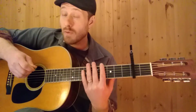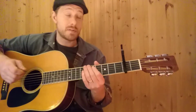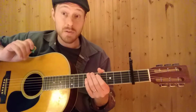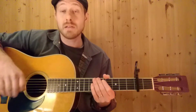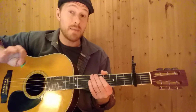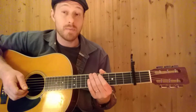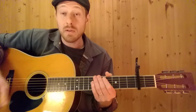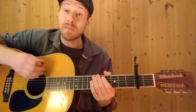The rhythm to this is going to be in 3/4 time. That's the time signature. 3/4 time means you're playing 3 beats or counts per measure, and the 4 means the quarter note gets the beat. So we're going to be counting 1, 2, 3, 1, 2, 3. Each time you say the 1, accent it, make it a little louder. Same thing when you strum. But instead of just 1, 2, 3, we're going to go 1, 2, and 3, and 1, 2, and 3, and 1, 2, and 3, and...